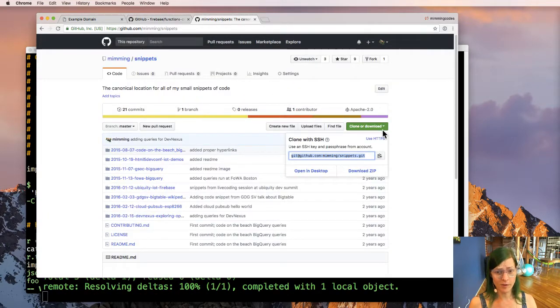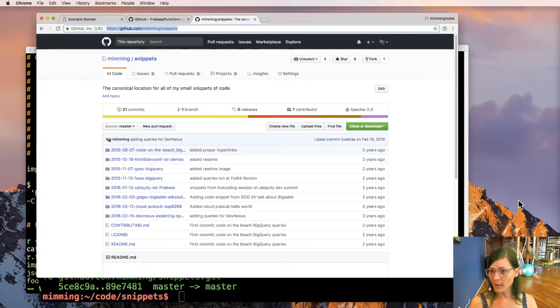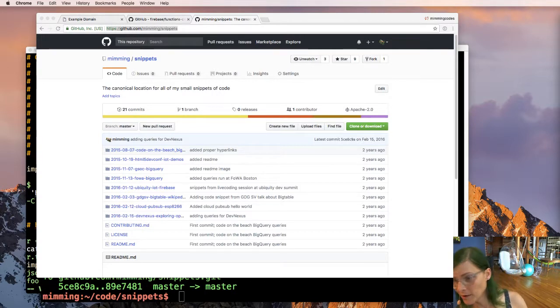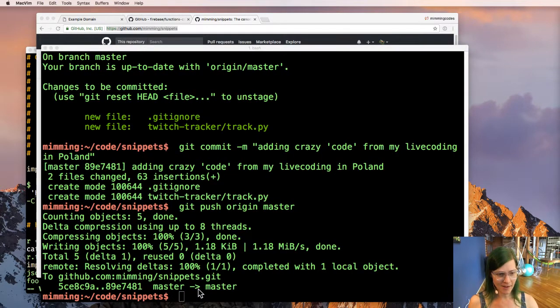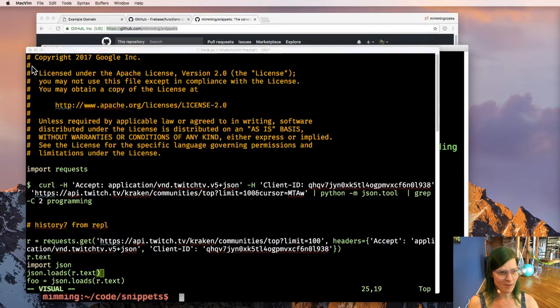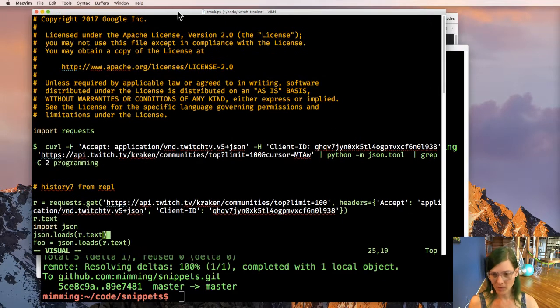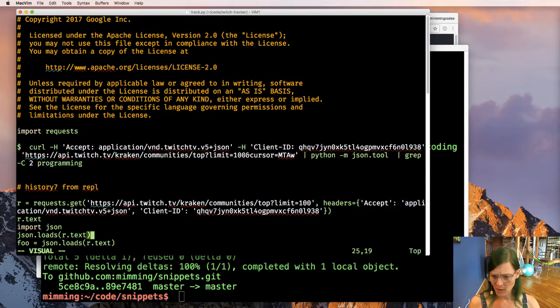So if you want to see the code as I hack along, here's the repo. I'm going to paste it into the chat. The repo I'm working from. So it's pasted in the chat now. If you want to clone that, and I don't know why, at some point there'll actually be useful code in there. But right now it's just the mad rants of Jen, jet lagged in Poland. Okay.